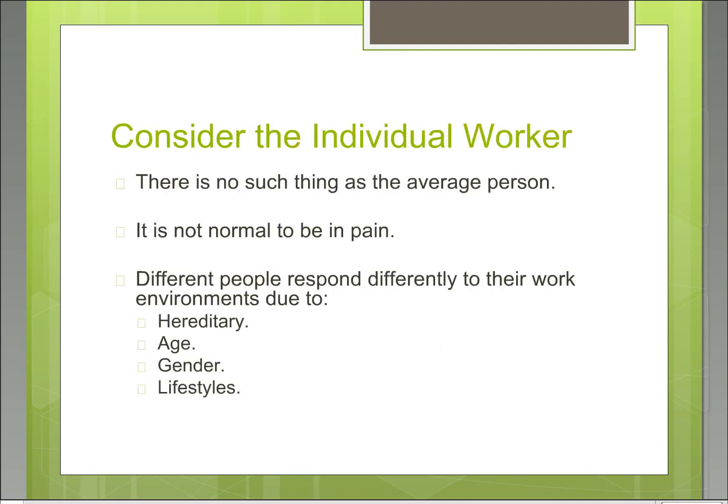So when we think about these different types of principles overall, we have to keep in mind that we really need to consider the individual worker. Consider yourself, okay? We also want to keep in mind, as we're considering the individual worker, that there's no such thing as the average person. If you happen to be listening to this presentation with a group of individuals,